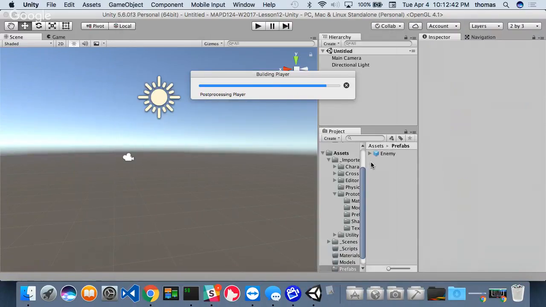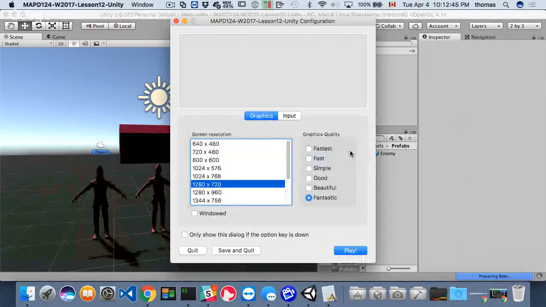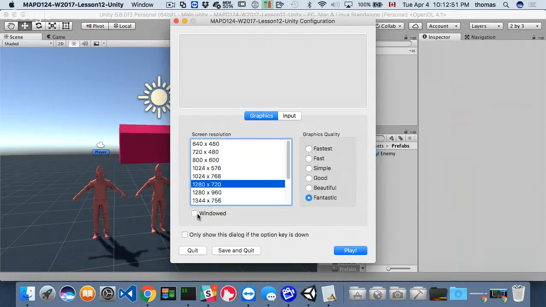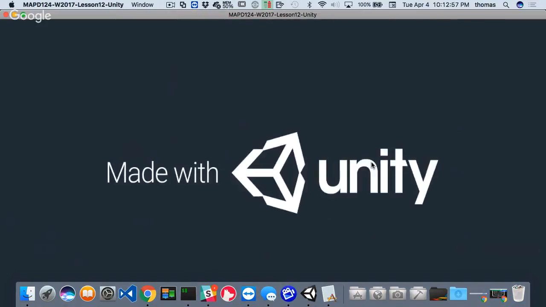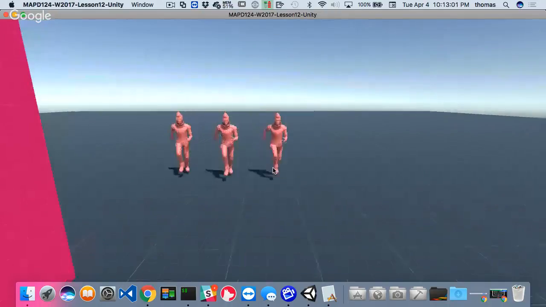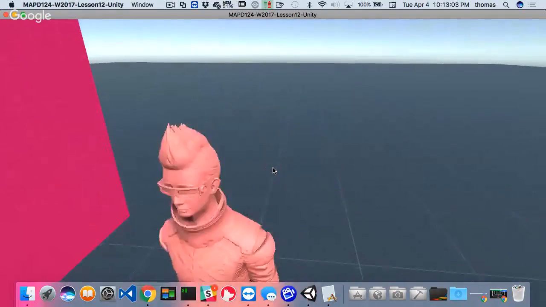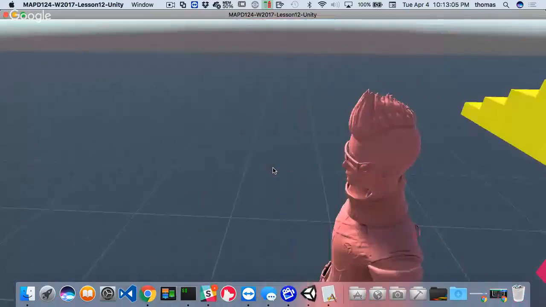Now, it doesn't take long if it's 3D. But if I choose, I can choose a 1280 by 720 or whatever I want. I can make it also windowed, which is probably best for us. And then I'm going to click play. And now I have a view that is almost full screen and much nicer than the view that I'm going to get in my